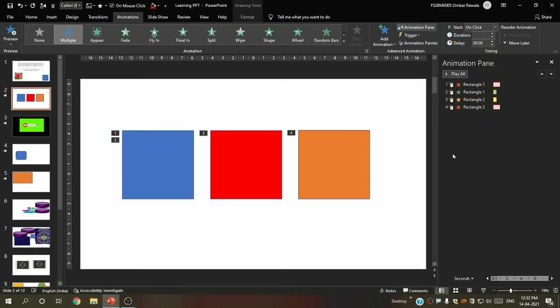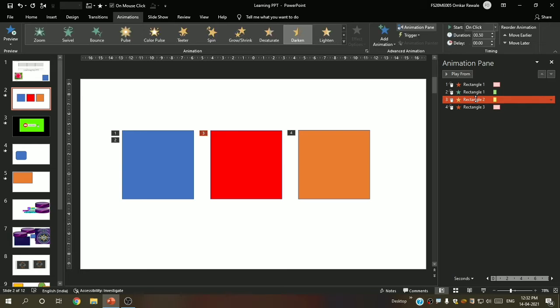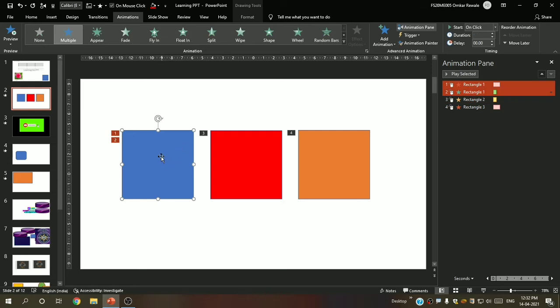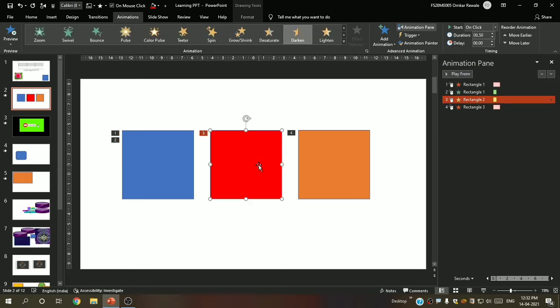For example, I want this third shape, the red shape, to come with this blue shape. That means when the blue shape shows its animation, at the same time the red will also show its animation. For that I will click on the drop down and say with previous.